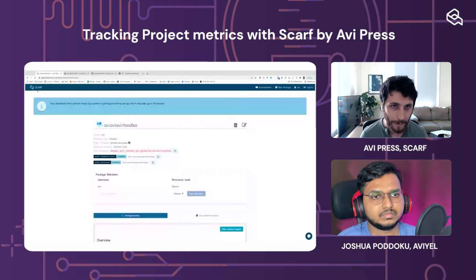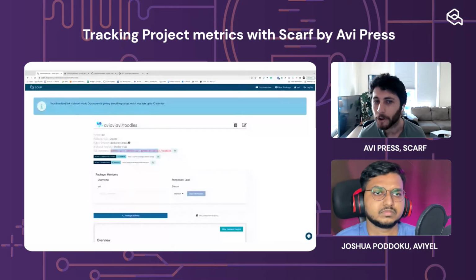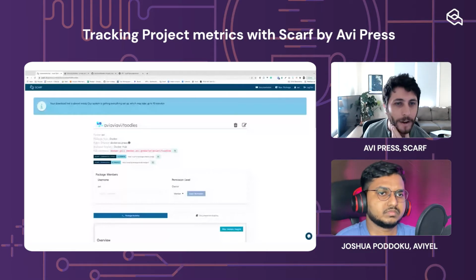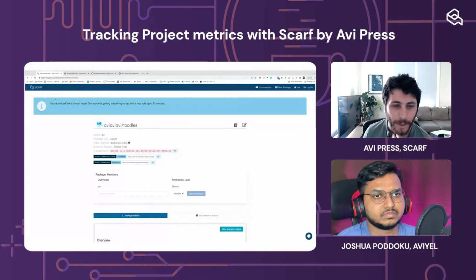And so it's telling me here that this download link is almost ready. Scarf is getting it set up. And the cool thing is that now this new URL is available everywhere in the world. It will be very fast. Scarf Gateway has servers that are set up globally on AWS, so it should be fast for everybody, but it takes time to propagate that change.